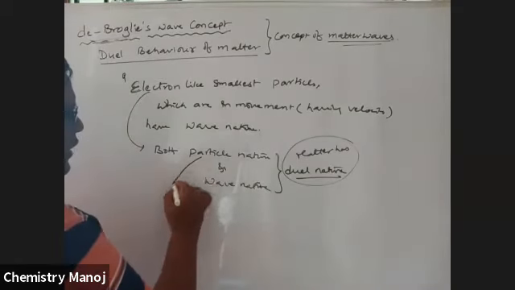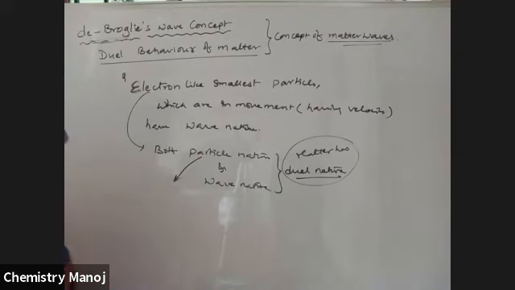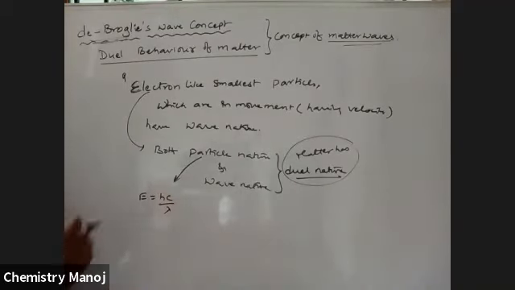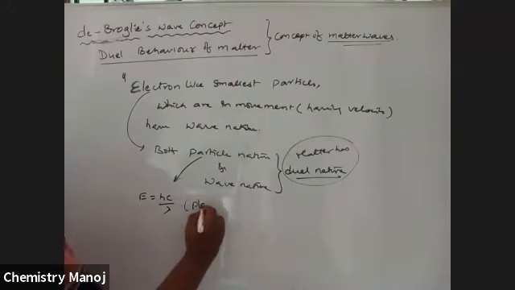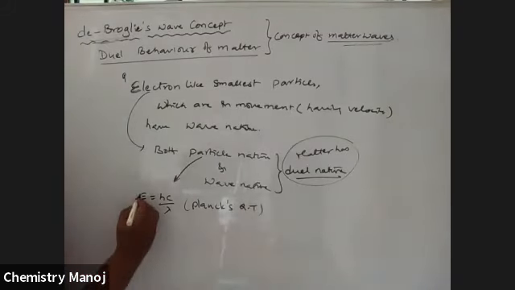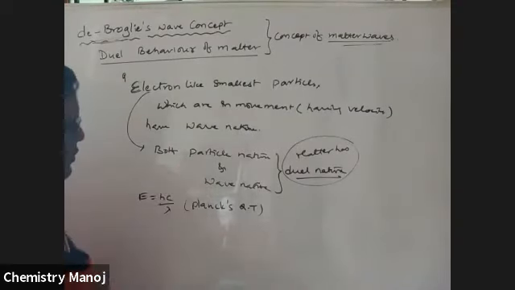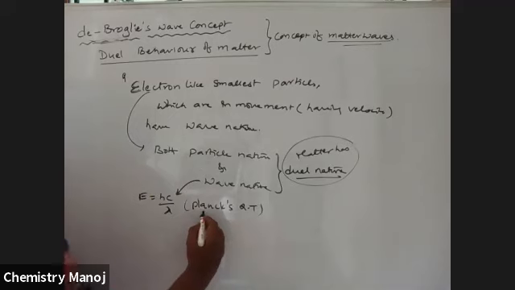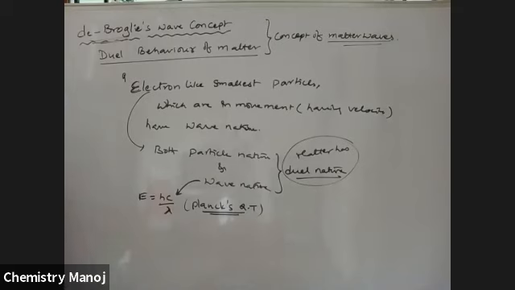The particle nature of light or a particle is explained by using the formula E is equal to hc by lambda. Now I am going to calculate the energy of that particle. E is equal to hc by lambda. It is Planck's quantum theory. Lambda is nothing but wavelength. So the wave concept of electron is explained on the basis of Planck's quantum theory.